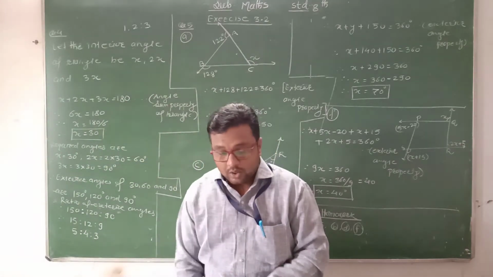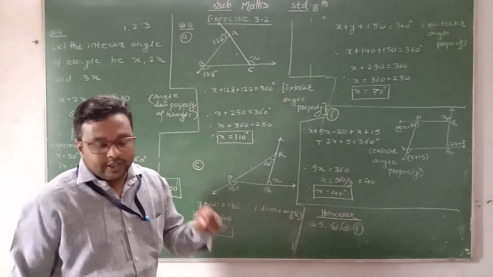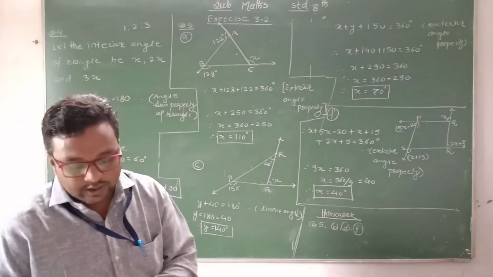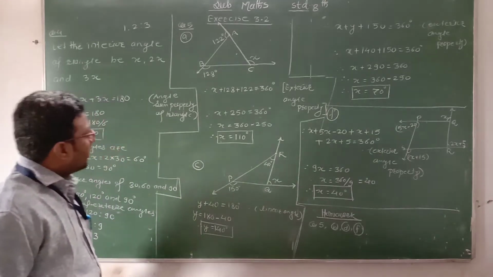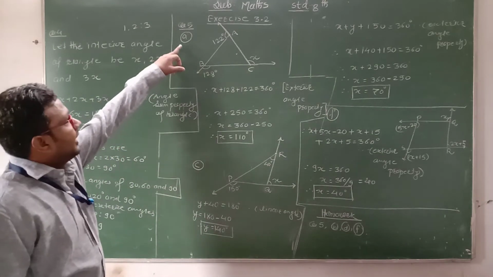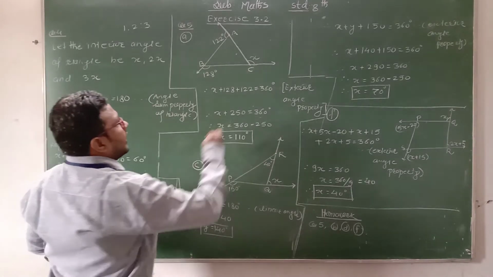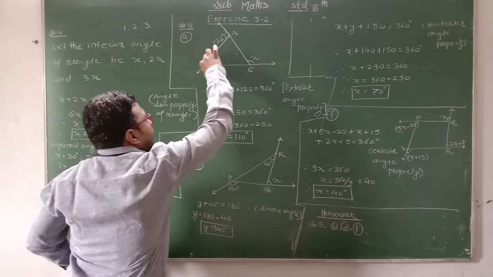Okay student? Okay, now see the next question, question number 5. Find the measure of x for the following figure. Some figures are given there. From that figure you have to find out the value of x. Now here I take an example. In this figure, where is the x? X is the exterior angle of this triangle ABC, correct?